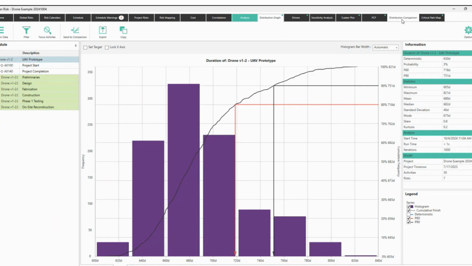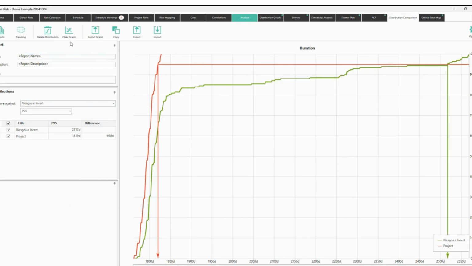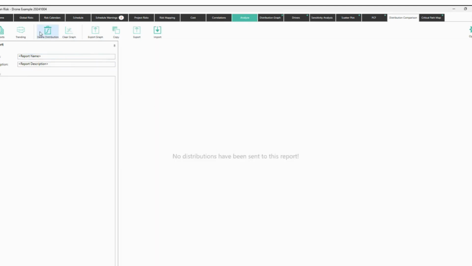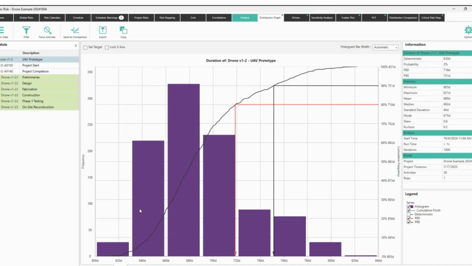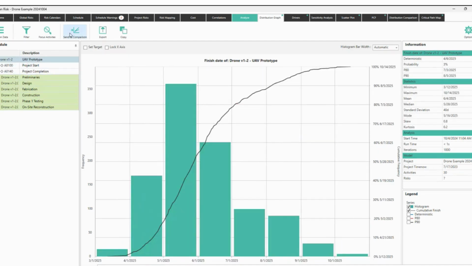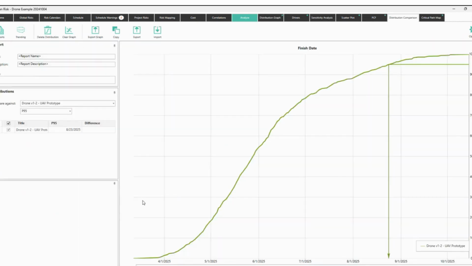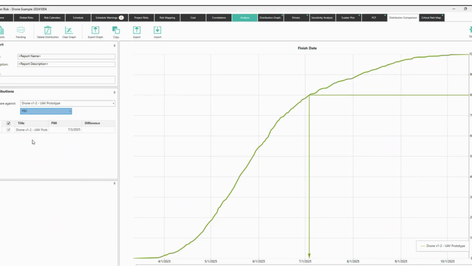So for that, you can do something that's called the distribution comparison. Here, I'm going to clear it. And what I'm going to do, I'm going to run the model. And this is something I love. I'm going to run the model, take a look here, using all the risks and uncertainties in the pre-mitigation phase. Right? I will run it, which is the one that I had, right? And I will say, I want to compare my finish dates, and I will send it to my comparison like this. Right? So now I'm taking a look at the finish date. Right? My P, let's say P80. Let's say that P80 is the one that I gave to my customer, right? So this is